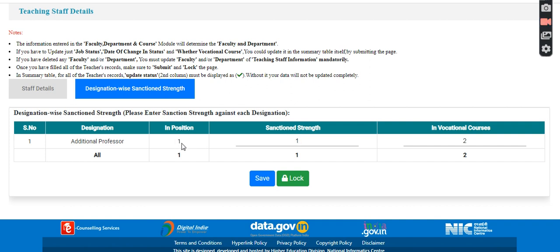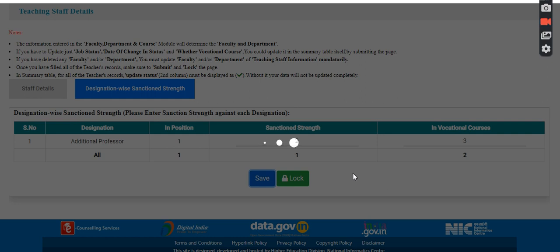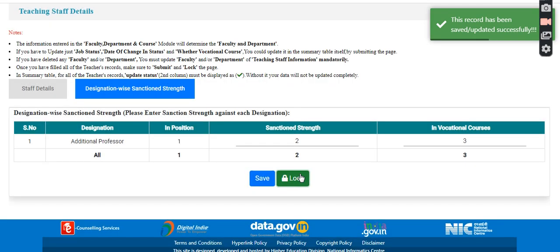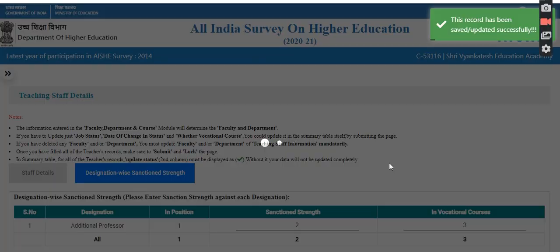The designation automatically comes from the staff details. You can enter the sanctioned strength and vocational course. Now click on save, then lock. Lock it.